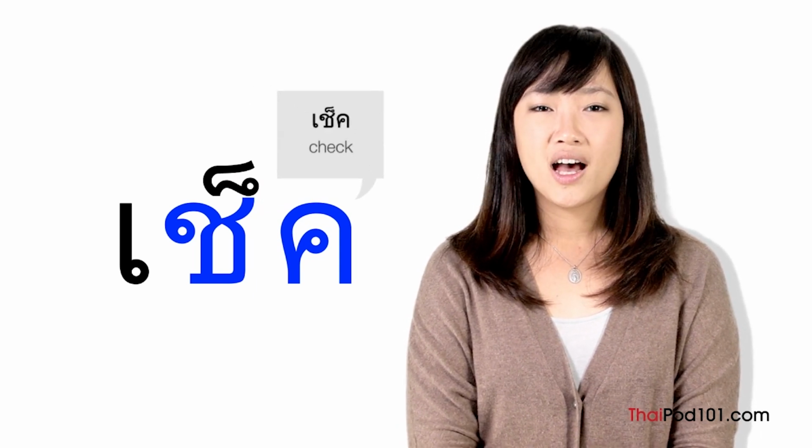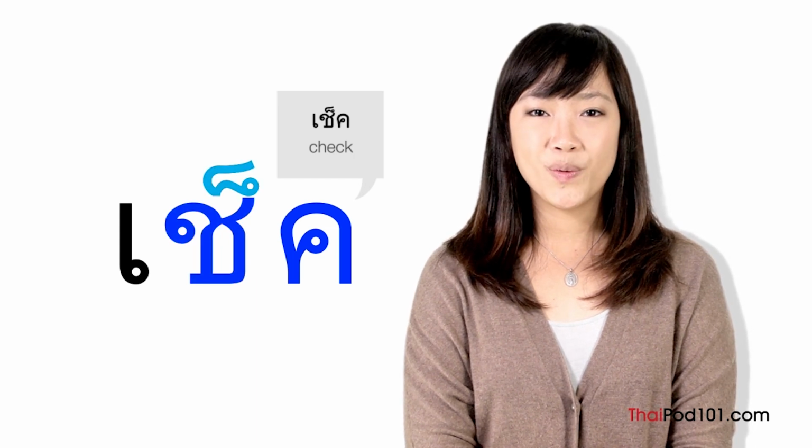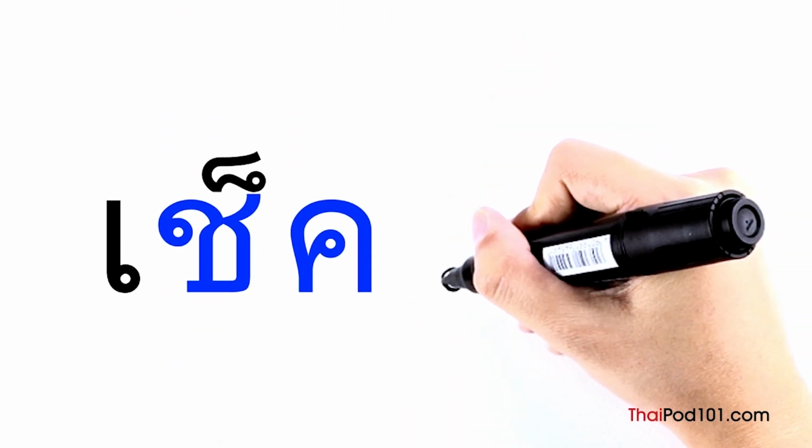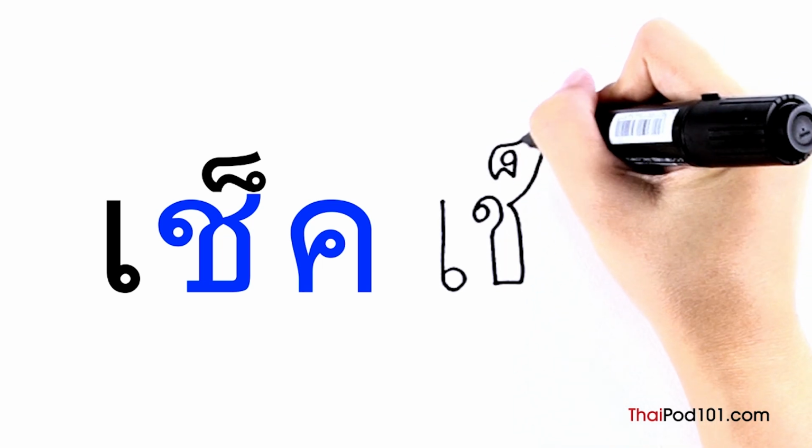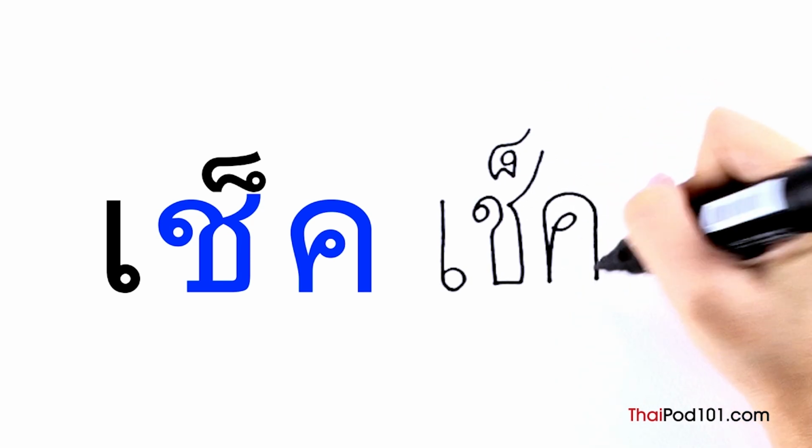When there is a consonant following สระเอ we have to write it differently. Instead of writing สระอะ after the consonant, we'll write a different symbol above the consonant. This little symbol is called ไม้ไต่คู. It has the same shape as the number 8 in Thai. You write it as a squiggly line that starts with the head on the right-hand side. Here's the word เช็ค which has the same meaning as the English noun check. Above ชอช้าง we'll write ไม้ไต่คู สระเอ ชอช้าง ไม้ไต่คู คอควาย เช็ค